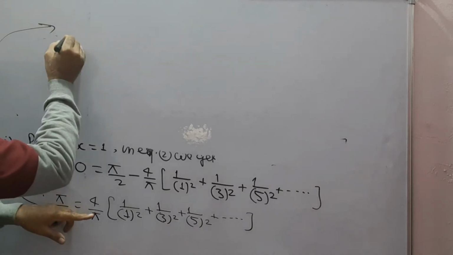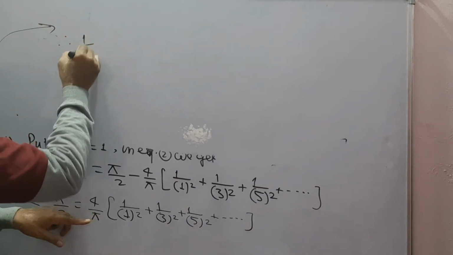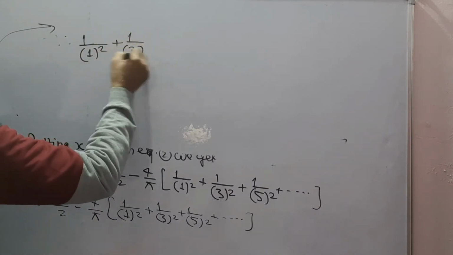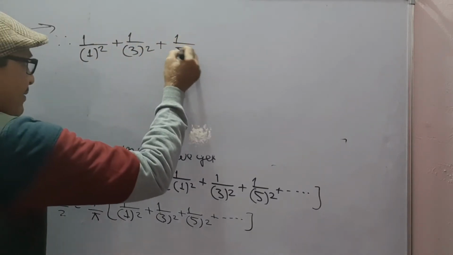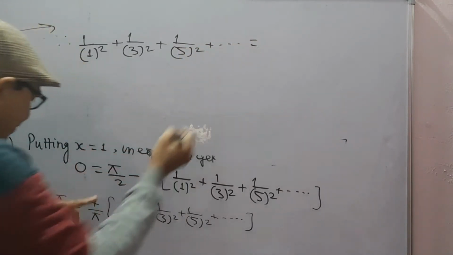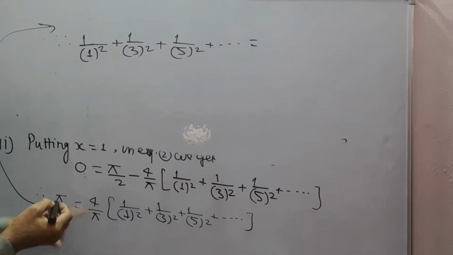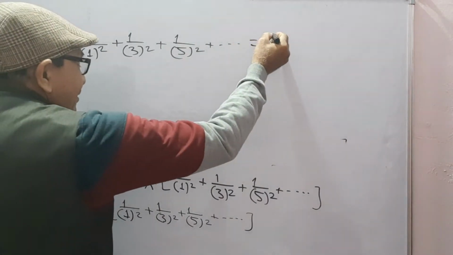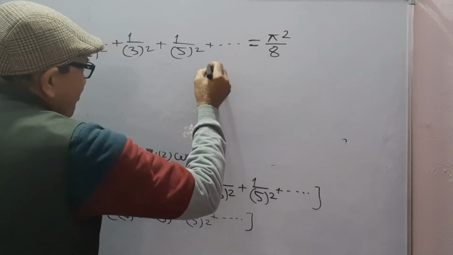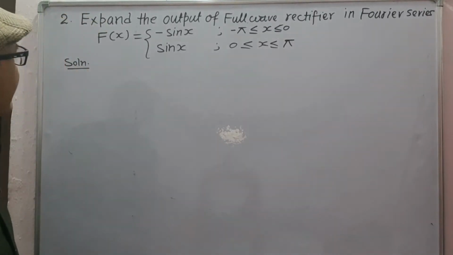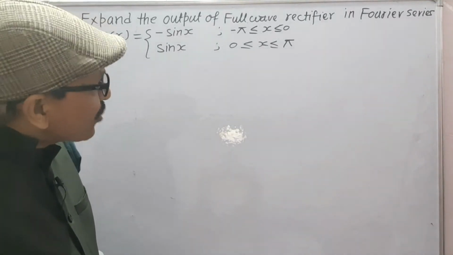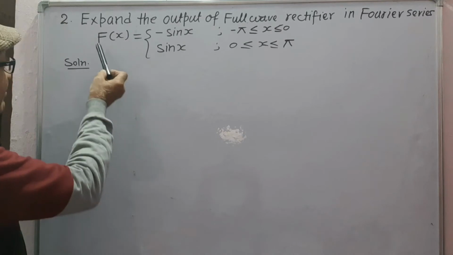Or we get 1 upon 1 square plus 1 upon 3 square plus 1 upon 5 square and so on up to infinity will be equal to, this 4 comes here as 8 and this pi comes here, giving pi square by 8, which is proved. Now the next question is, expand the output of a full wave rectifier in Fourier series,